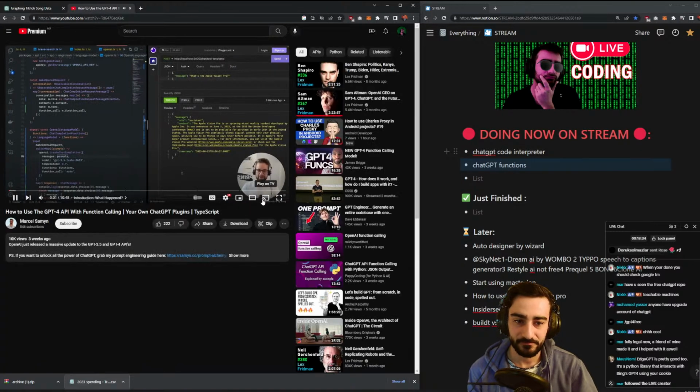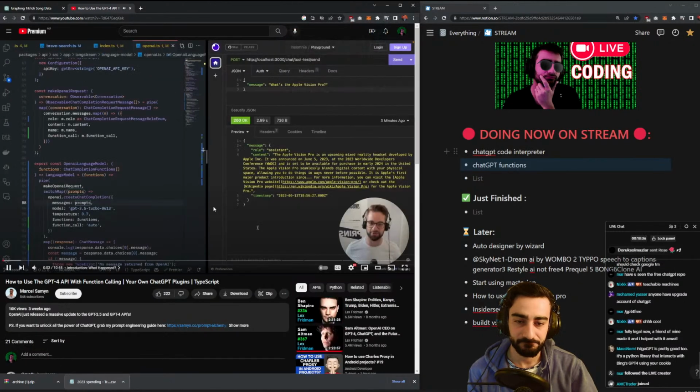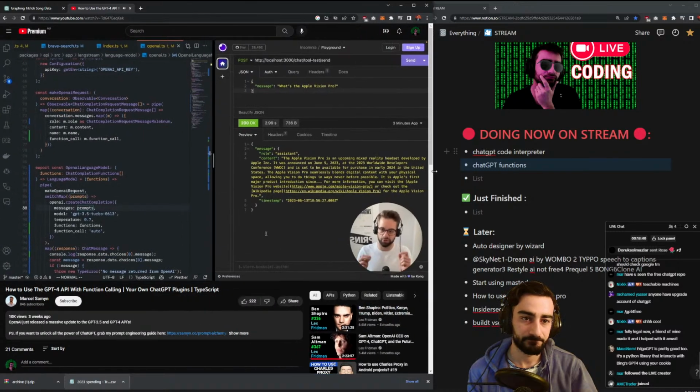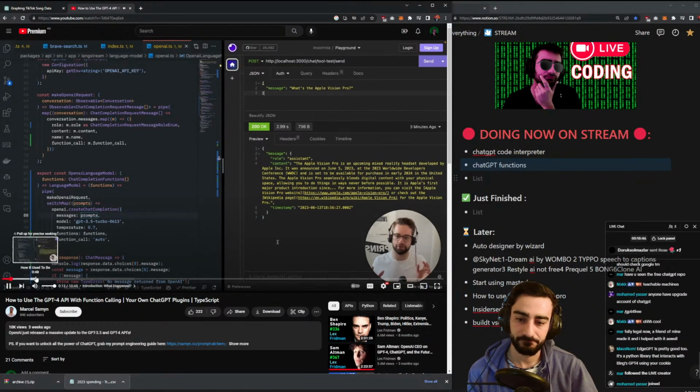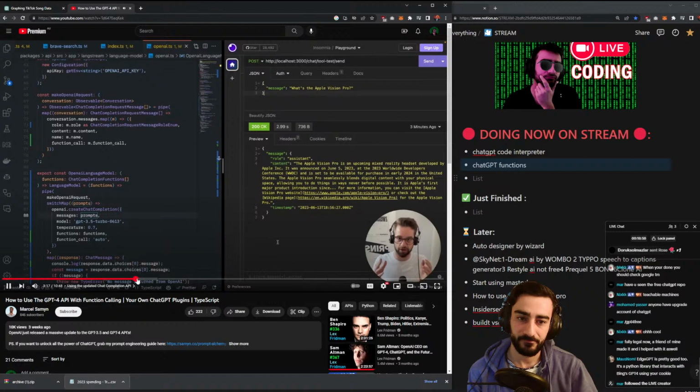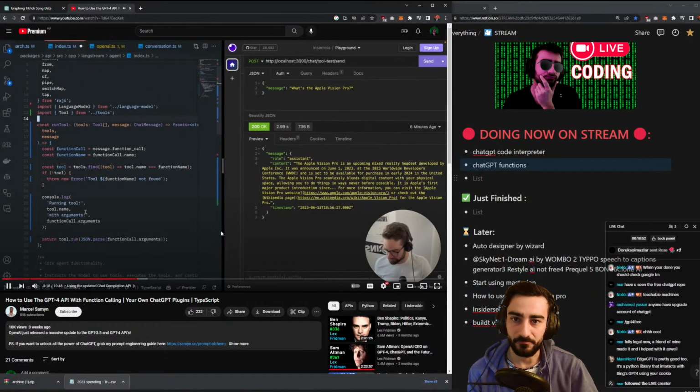Alright, so like an hour ago, OpenAI announced a new version of the GPT-3.5 and GPT-4 models that include the ability to call functions. So we're going to look at that today. Honestly, this has been my favorite way of using GPT-3.5. Yeah, it is with the API. Okay, so